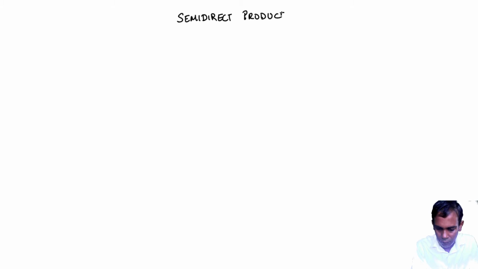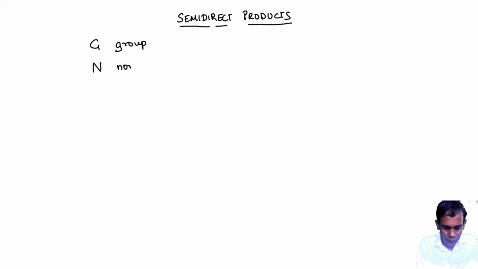Let's talk about semidirect products. So suppose you have a group G and it has a normal subgroup N and another subgroup K with the following property, that